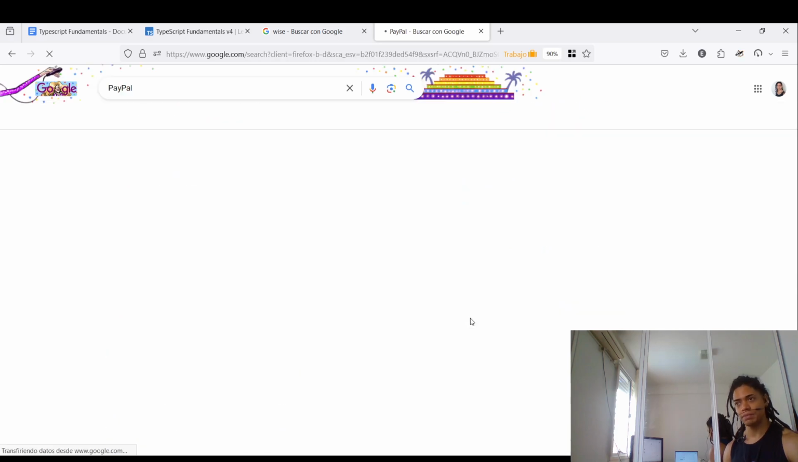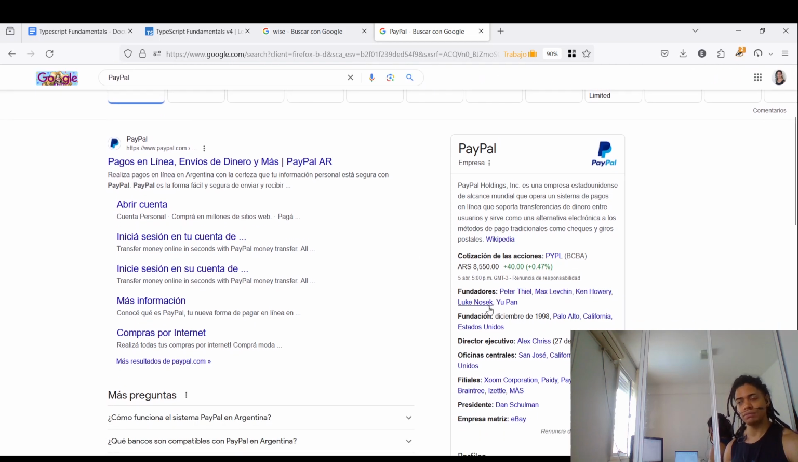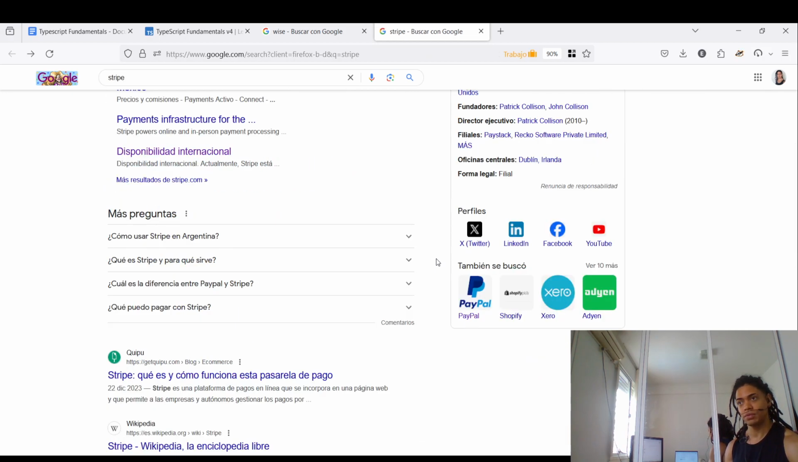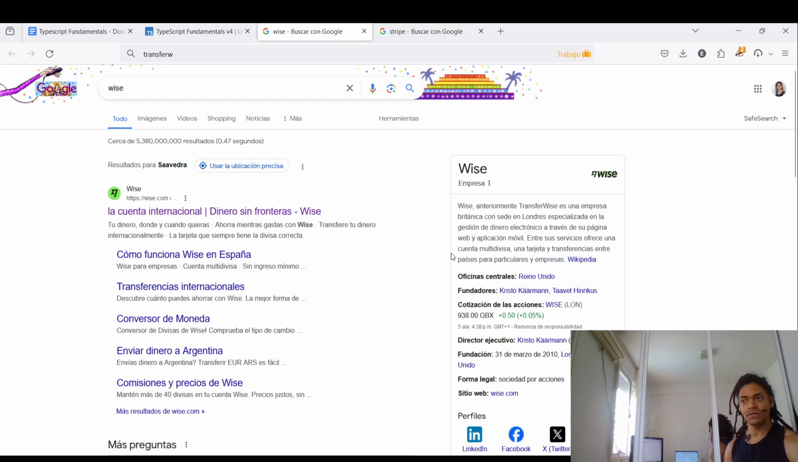Also, something that PayPal is actively looking for, and as you can see, PayPal was founded in 1998. Stripe was founded 10 years after that, 12 years before now. And now you've got Wise, which was founded 7 years before now. So the idea of